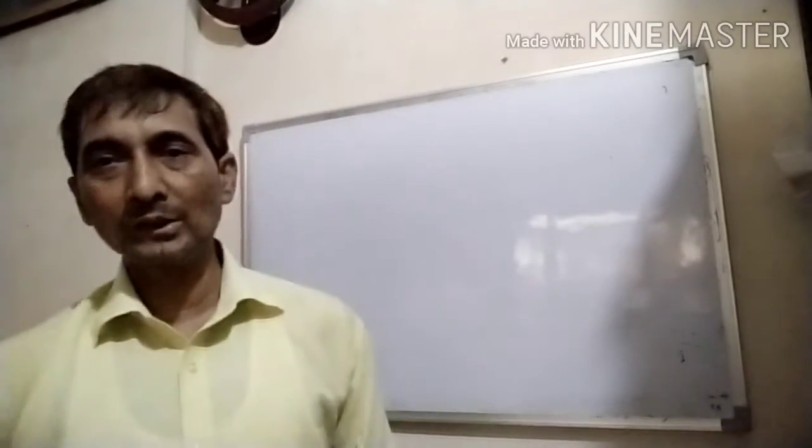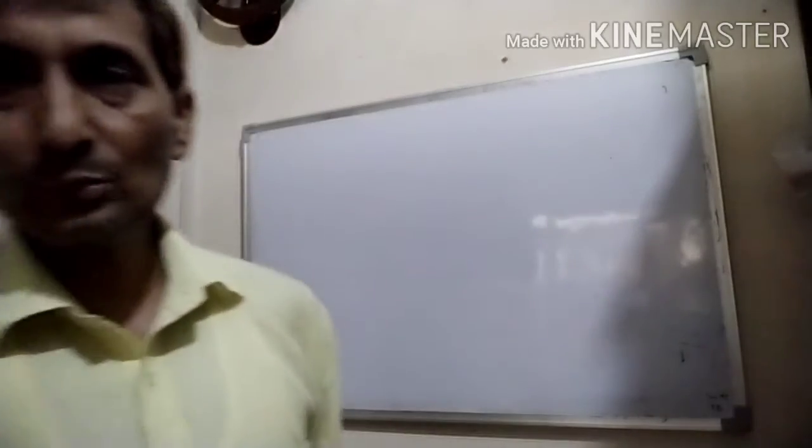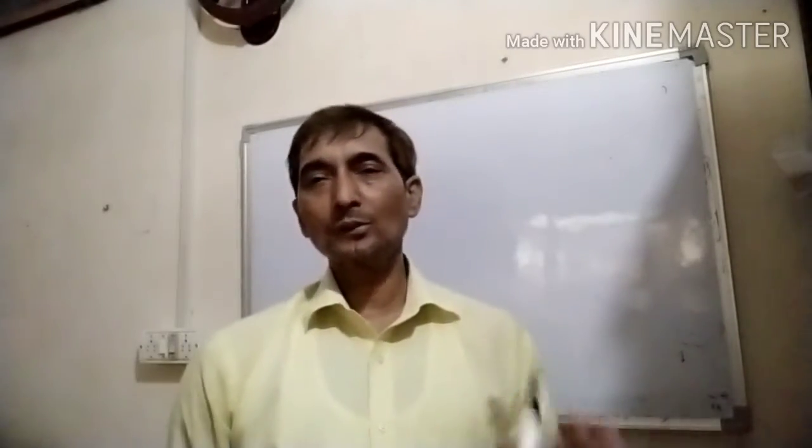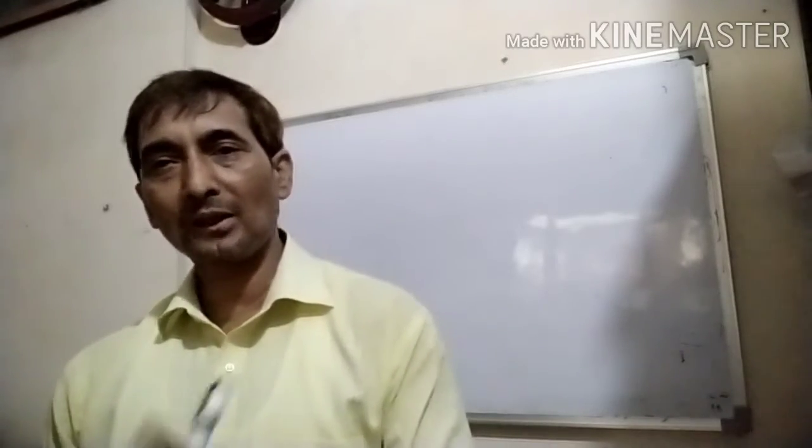Now, today I am going to solve your exercise number 2.1 on the basis of graphical representation of the polynomial. How can you find the number of the zeros according to the graph of the polynomials? Come and see.